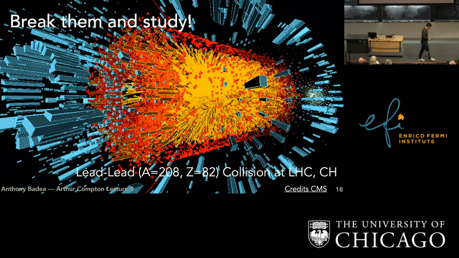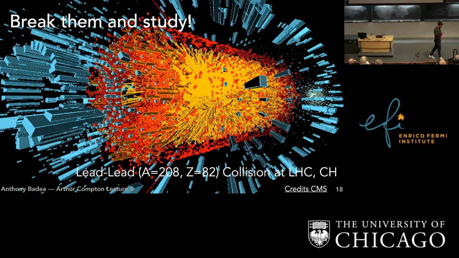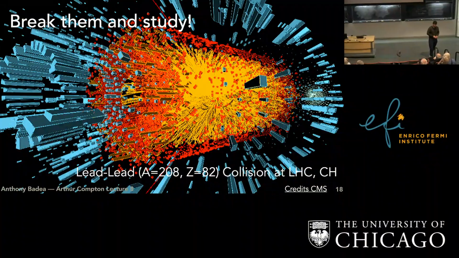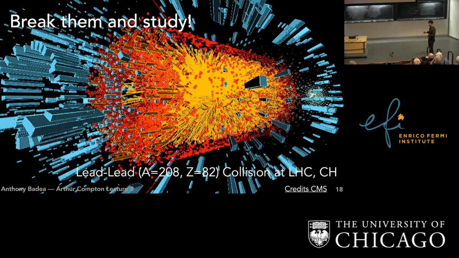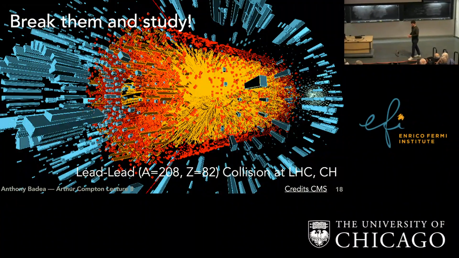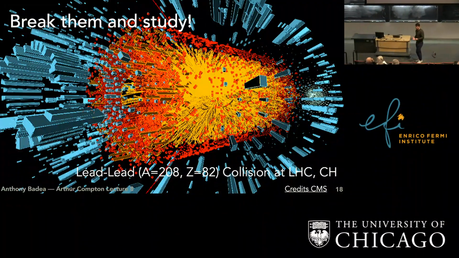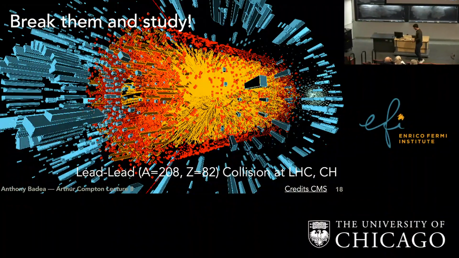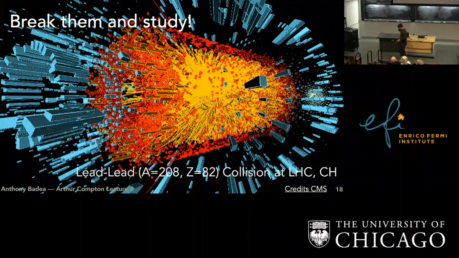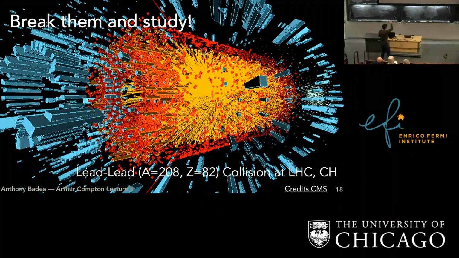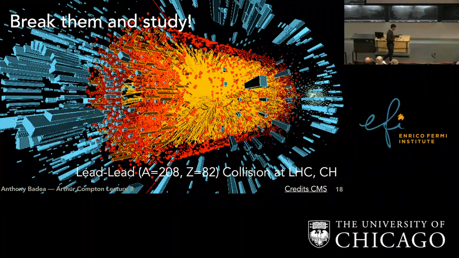And actually the name was given to it maybe 15, 20 years ago. It's kind of misleading now, because now we have evidence that instead of being in a plasma state, it's actually in a liquid state. And we can measure its viscosity and things like that to get confirmation. And actually, so far as we know, it's the most perfect liquid, according to viscosity and all sorts of other things, that humans have ever made. So this deconfined state is extremely interesting.